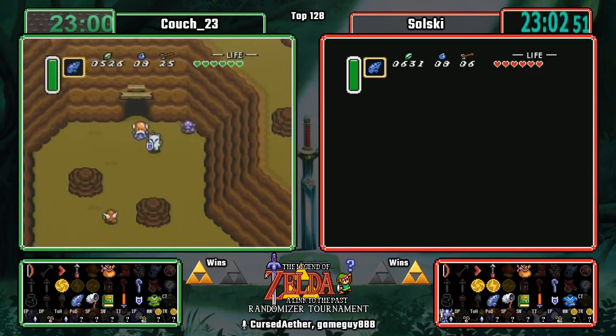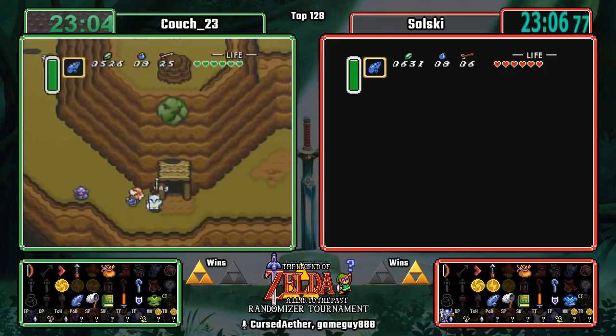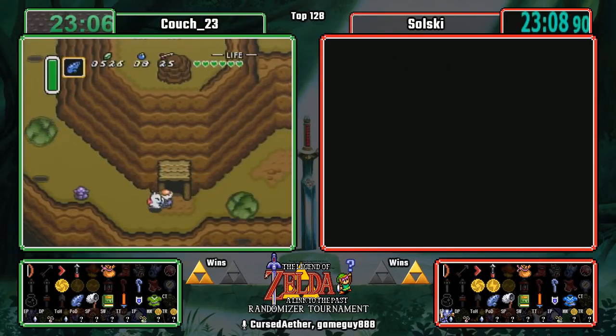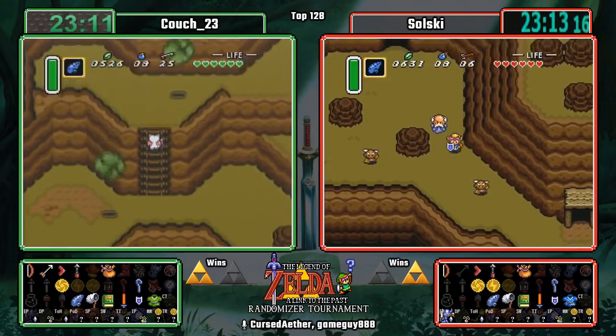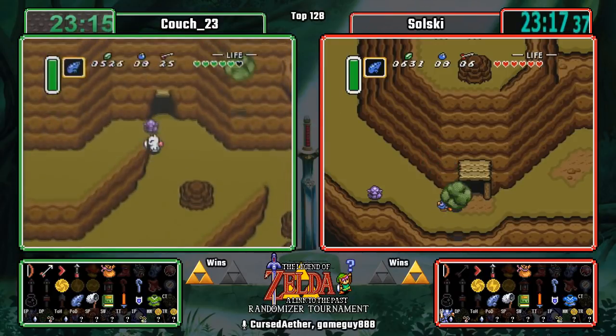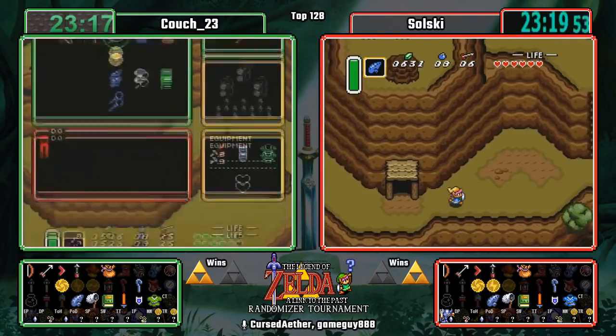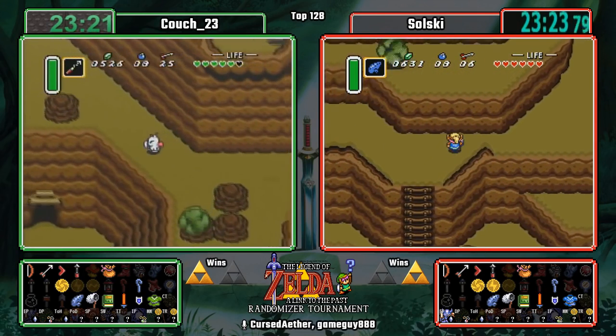Alright, and Couch is the first to get the old man out of here. For the silver arrows. Pretty nice upgrade, considering you actually have the bow for once. Right, very early silvers. I mean, that could have sped up Eastern quite a bit. I mean, it'll speed up everything else in the game too, so...